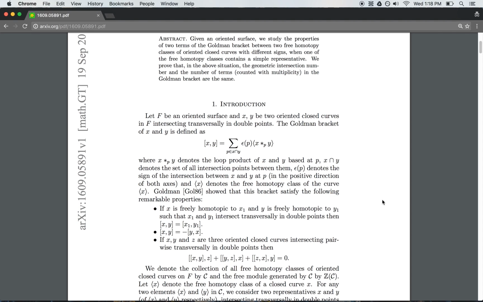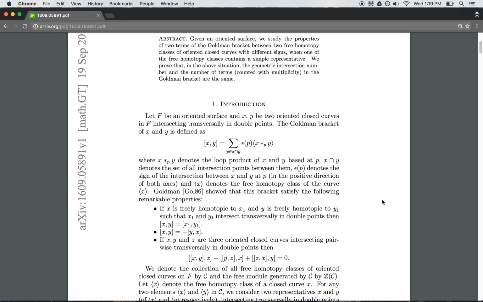The Goldman bracket of x and y is defined as the bracket [x, y] equals the sum over p, which are elements of x intersecting y, of epsilon of p times the angle bracket of x *_p y,